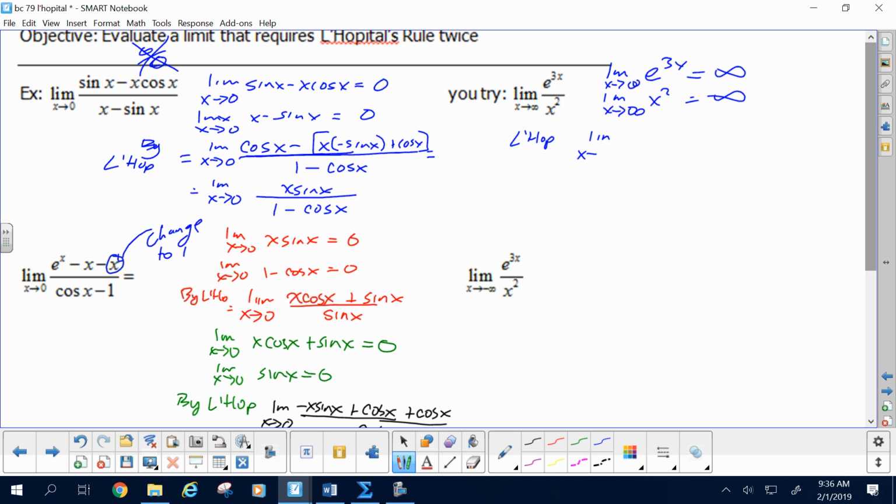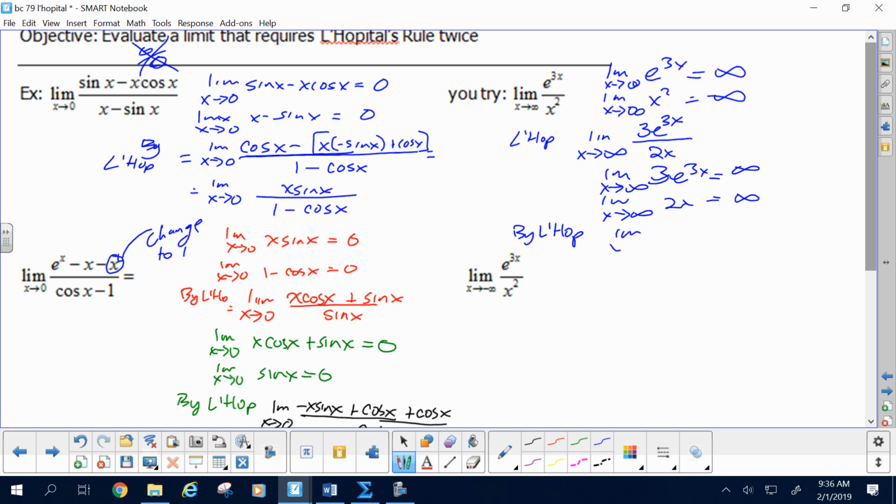And we take the original problem and we say, what happens if I take the derivative by chain rule? What's the derivative of e to the 3x? E to the 3x times 3, or 3 e to the 3x, depending on where you put that. Okay? Again, fight the temptation to put infinity over infinity here. Instead, look at it, say, oh, it's going to be infinity over infinity. I need to show the work properly. And you show each separately. 3 e to the 3x is infinity. 2x is infinity. So by L'Hopital again,